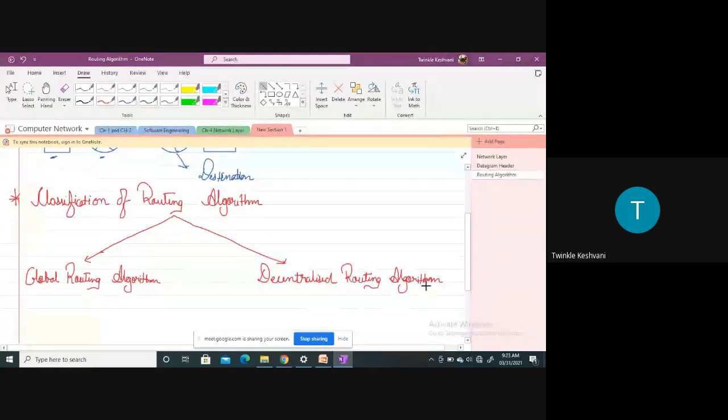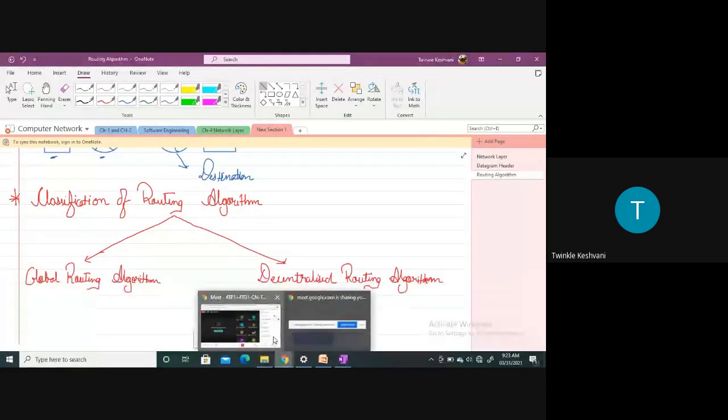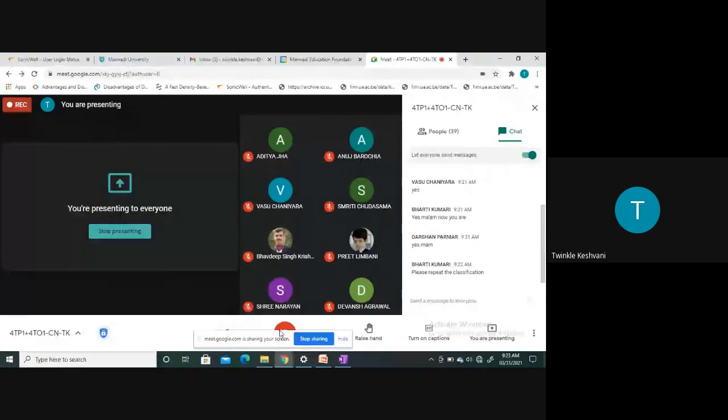From the name itself we can say that it has a global knowledge, right? जिसको मैं बोल सकती हूँ कि जिसको पूरे नेटवर्क के बारे में पता रहता है कि कौन ये नेटवर्क है, उसमें कितने राउटर्स है, पैकेट विल बी ट्रेवल फ्रॉम विच रूट, राइट? जिसको पूरे नेटवर्क के बारे में पता रहता है, which has information of the whole network, that routing algorithm is referred to as a global routing algorithm, right? From the name itself we can easily identify that this algorithm is a global routing algorithm.